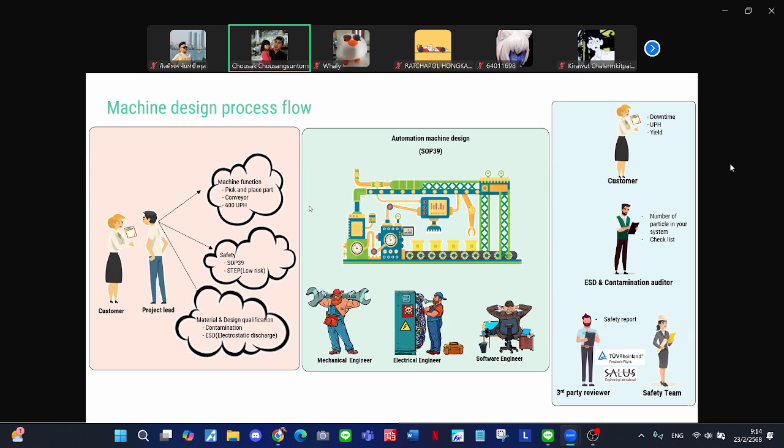So let's separate it into 3 boxes. The machine design process starts with the first box, the pink one, starting with the customer. In this case, I mean the internal customer. Most of them are process or manufacturing parts who require the design team to build the machines based on specific manufacturing requirements. And for each project, there is usually a project lead responsible for coordinating the project and working with teams